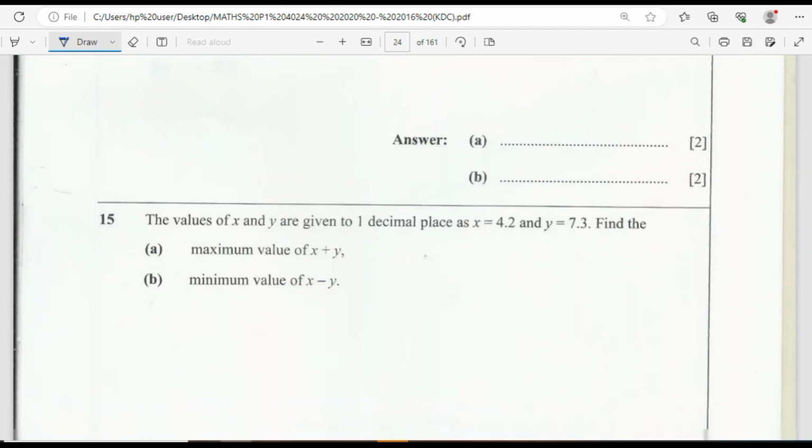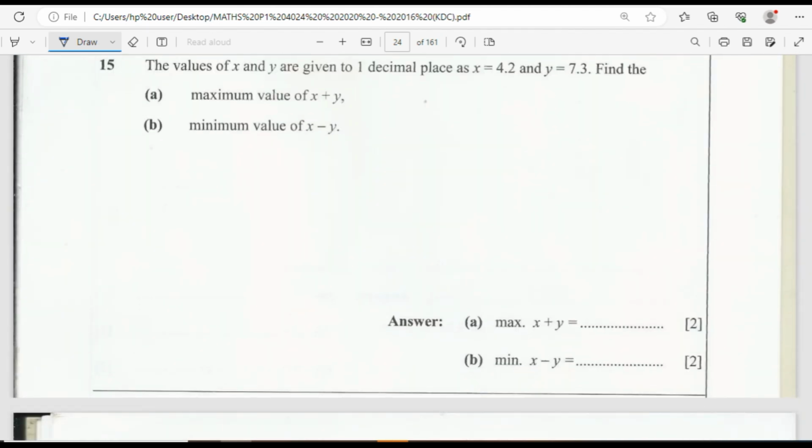Okay, so we're moving to question 15. The values of x and y are given to one decimal place as x is equal to 4.2, y is equal to 7.3. Find the maximum value of that. So this is all about addition and subtraction of decimal numbers. So what's our x? x is 4.2